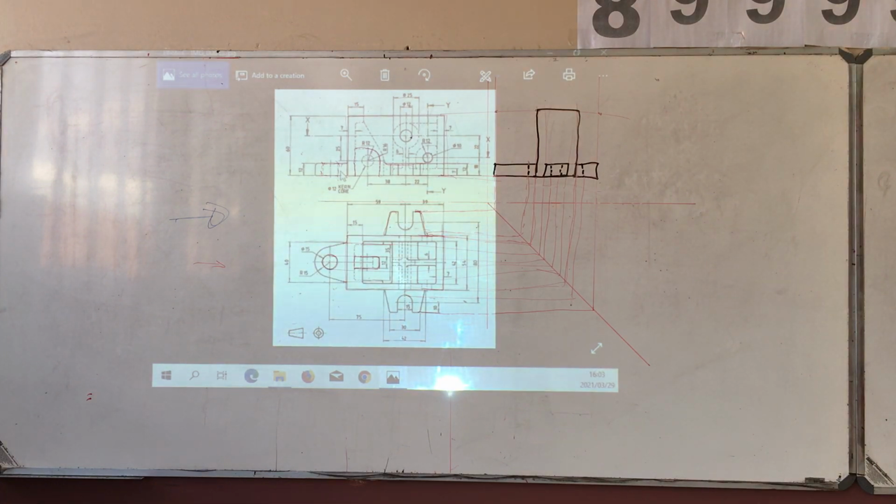Guys, can you please finish this one? Please. You can finish it at home. You can project it in your textbook. What you can do now, guys, I want you to